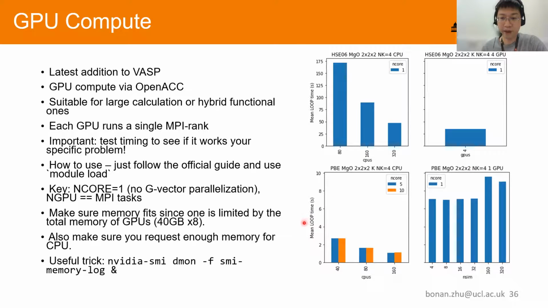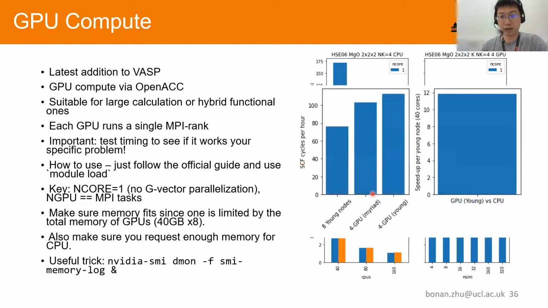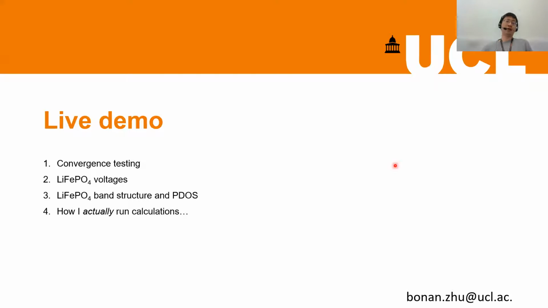So it's very important to benchmark your case and to decide whether using GPU is the right choice, because you can actually get slower if the problem is not the right one. I just ran some tests on Young as well. For the same problem, using 4 GPUs is actually faster than Maryot, so that's pretty promising. So that concludes the practical part, and I'll just show some live demo. Well, it's not really a live demo. Just show you how the calculation works